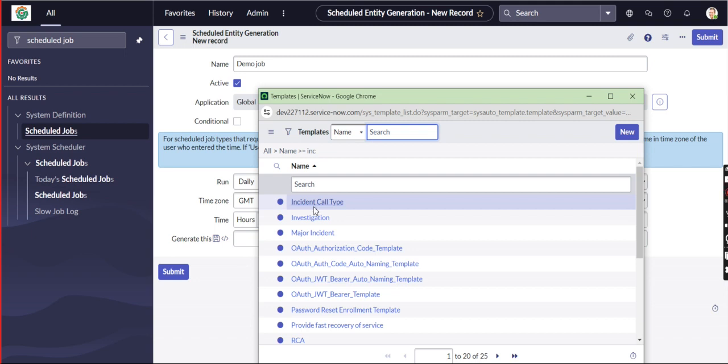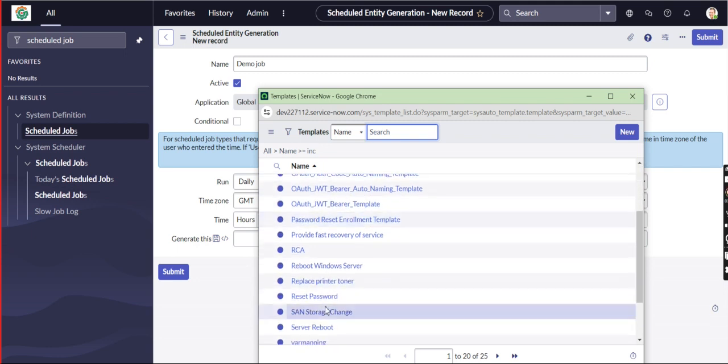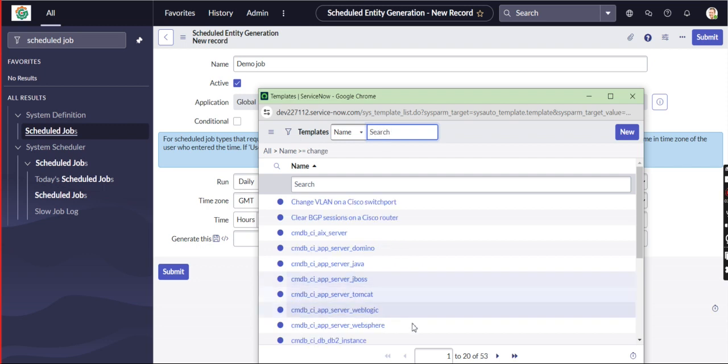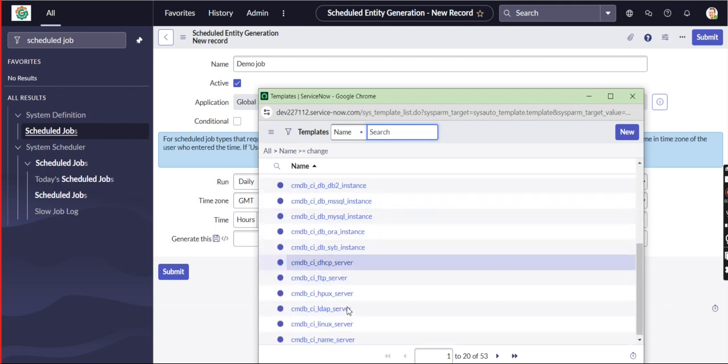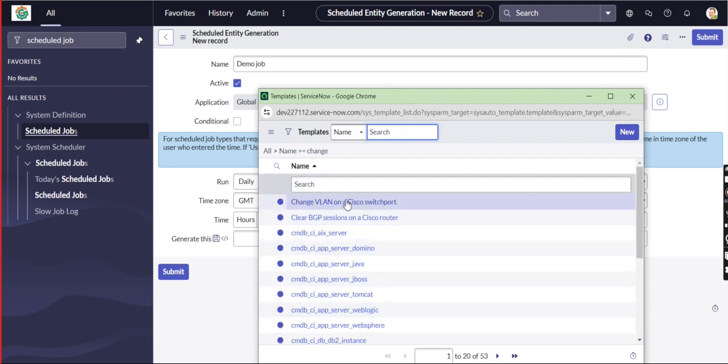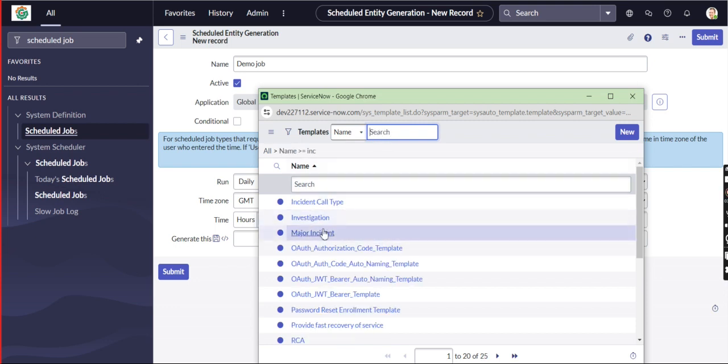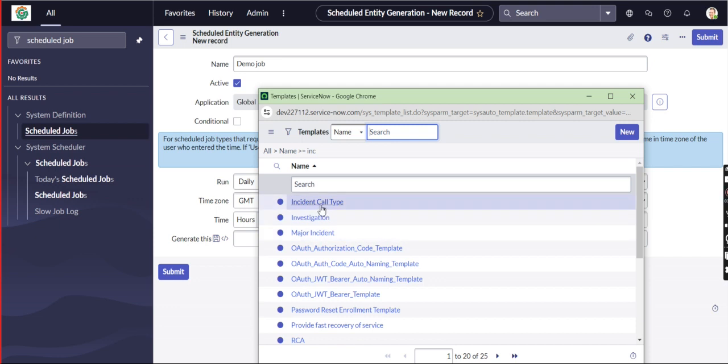That is major incident or incident call type. And change type, so change, just have a look here. INC, incident call type.